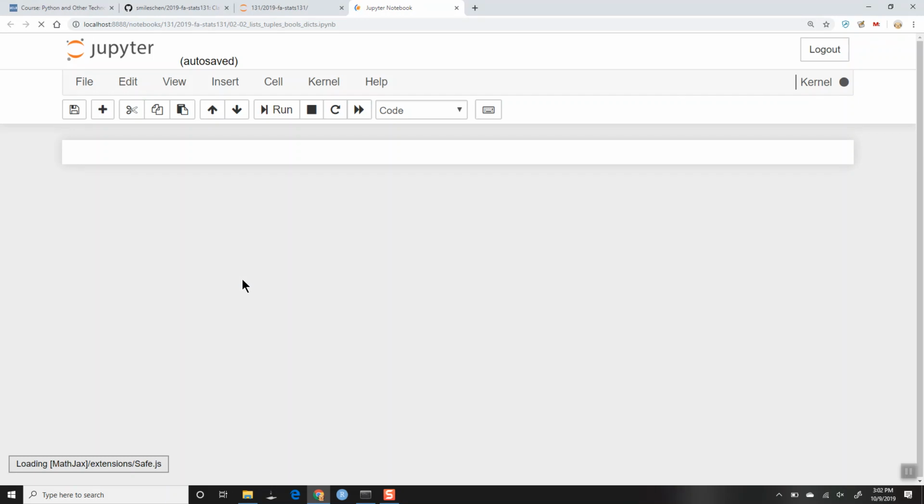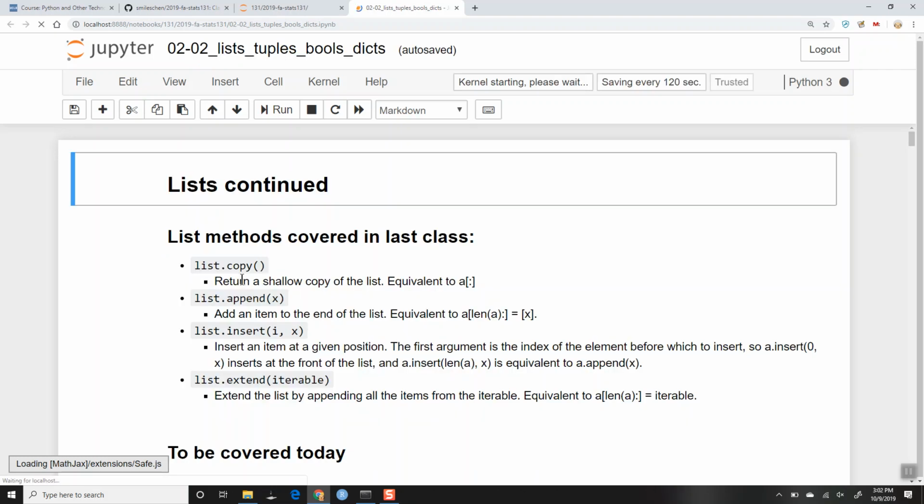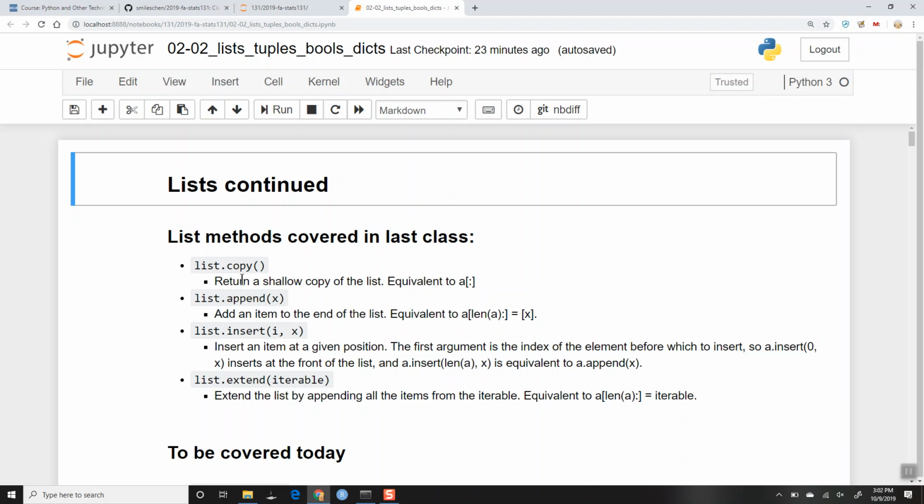Okay. So I've got Jupyter Notebook running, although it's not working. Okay, here we go. All right, so